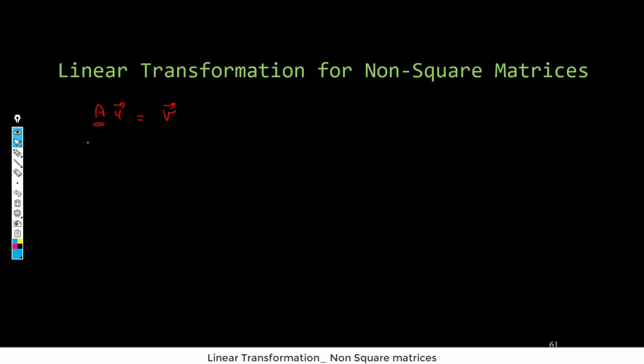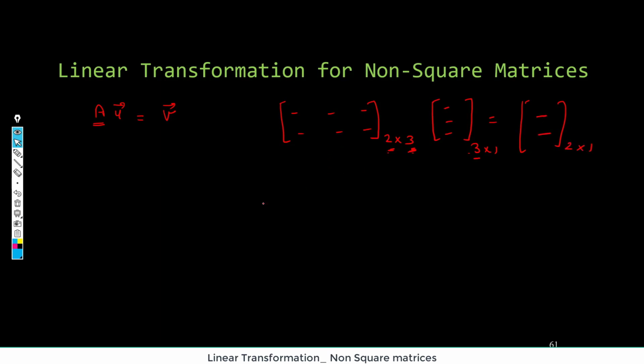Probably we have discussed one example related to this in the previous tutorial when we were talking about dimensions of this matrix. So let's understand this with a simple example. Suppose A is a matrix which is a 2 by 3 matrix, meaning 2 rows and 3 columns, and we apply it on a vector. We know the rules of matrix multiplication. The dimension of the vector should be 3 cross 1 because these should match. So it would be a 3-dimensional vector, and if we do the matrix vector multiplication, the output vector would be of what dimension? I hope you have guessed. It would be 2 cross 1. So we will be getting a 2 cross 1 vector.